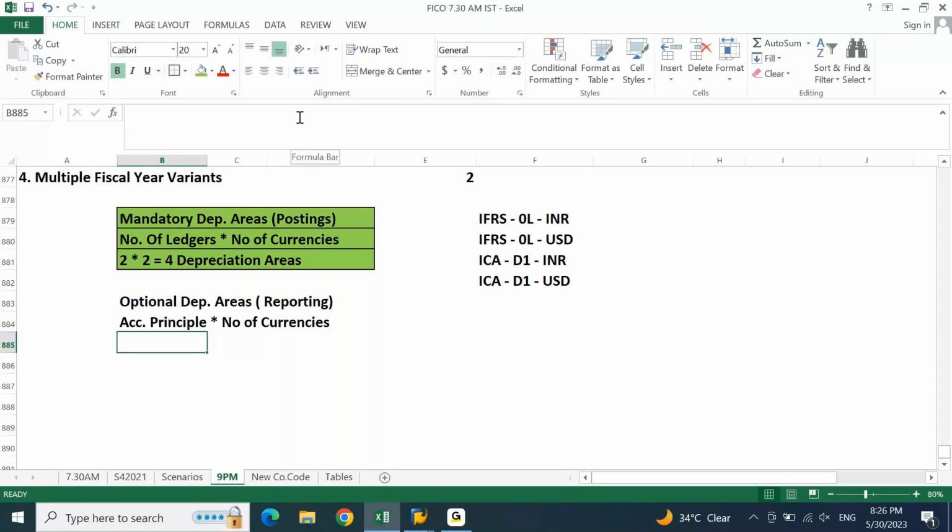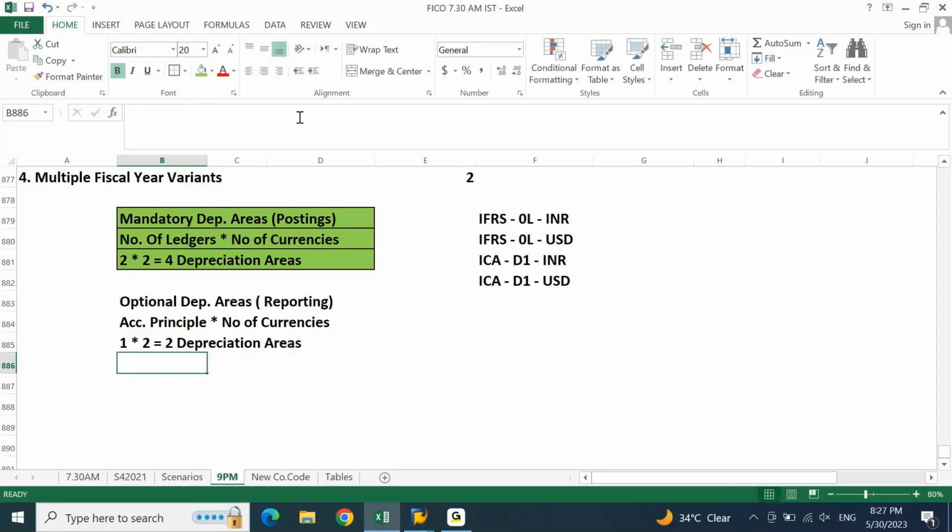Now, if I want to evaluate my fixed assets according to Indian Income Tax Act, I am going to have one accounting principle multiplied by the number of currencies that we have in our company code, which is 2. 1 multiplied by 2, you are going to get 2 depreciation areas.